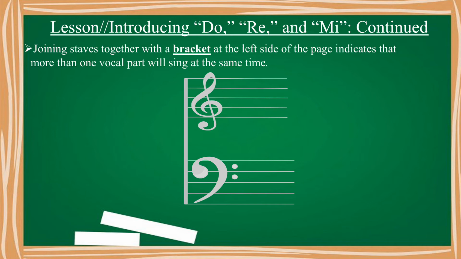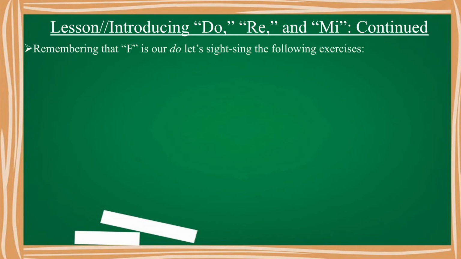Now joining staves together with a bracket at the left side of the page indicates that more than one vocal part is going to sing at the same time. Remembering that F is our do, it sounds like this, or if you're on the bass clef,